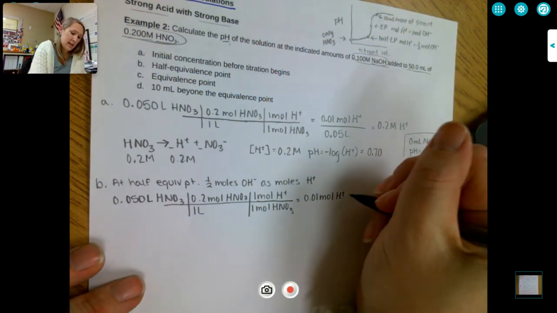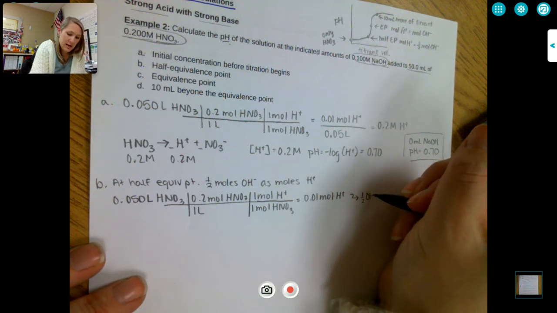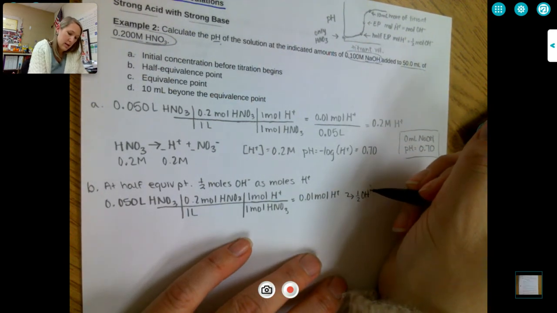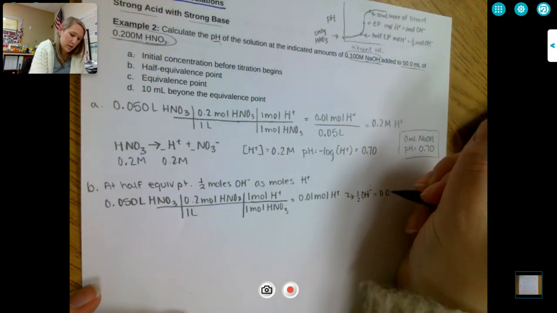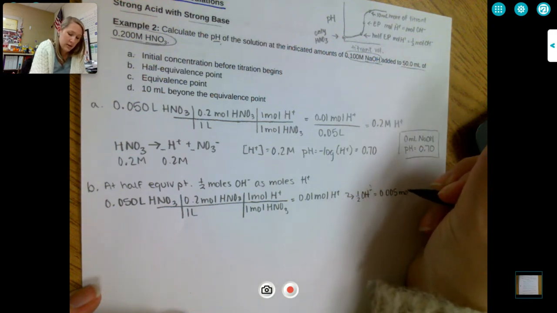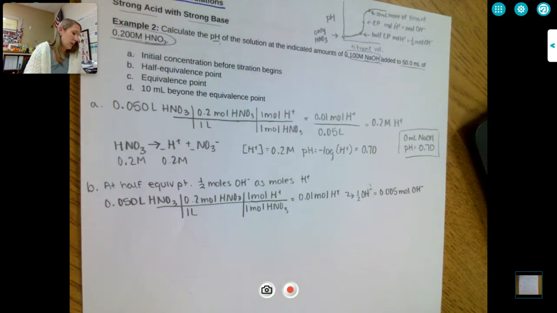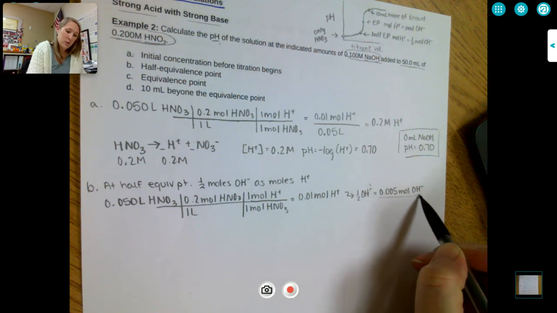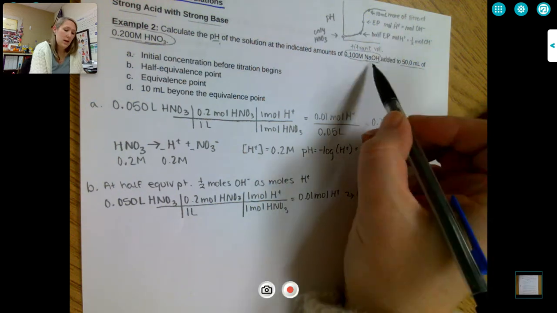That means that I am going to have half as many of my OH minus ions. So half of 0.01 is 0.005 moles of hydroxide ions. So if I need to have 0.005 moles of hydroxide ions, I need to know what volume of sodium hydroxide